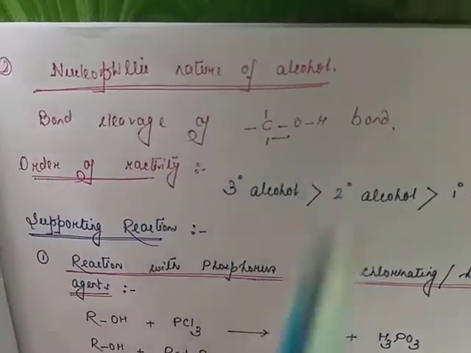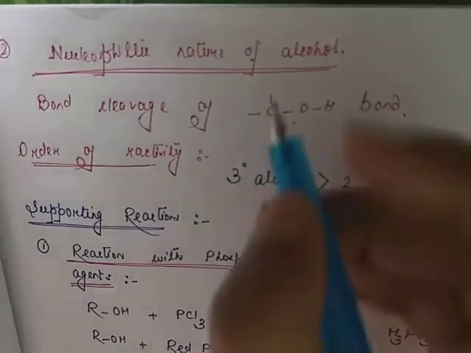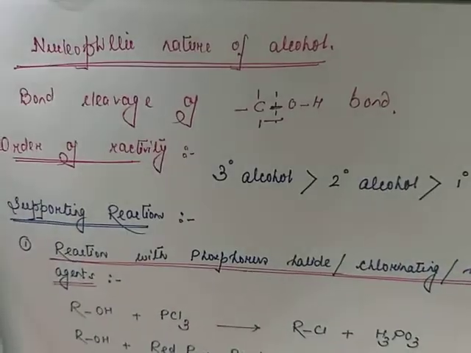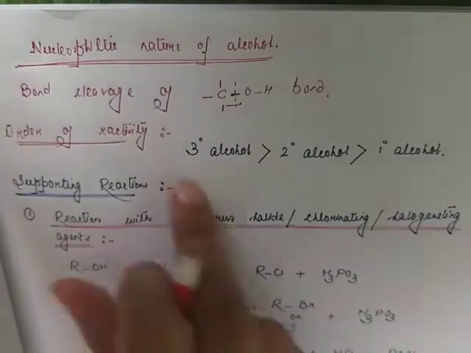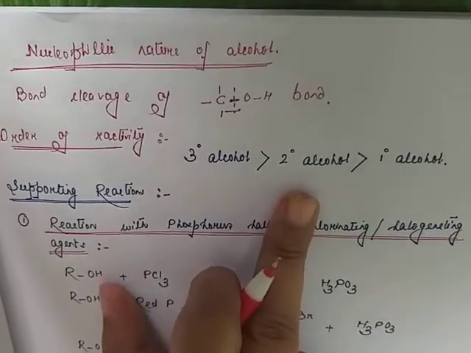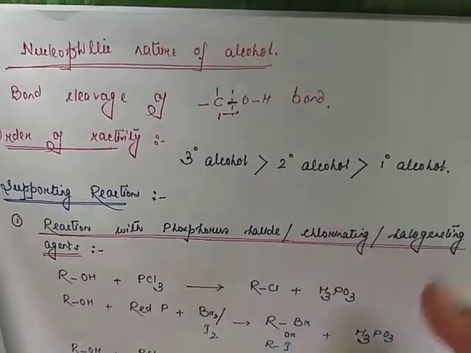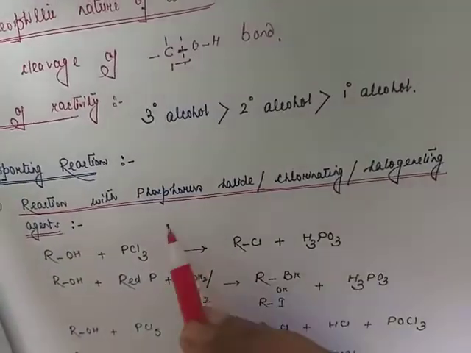Nucleophilic nature of alcohol, the second property, depends upon the cleavage of the carbon-oxygen bond. This bond will be cleaved. The order of reactivity is tertiary alcohol maximum, followed by secondary alcohol and then primary alcohol, just reverse to the acidic property. The supporting reactions are reaction with phosphorus halide,